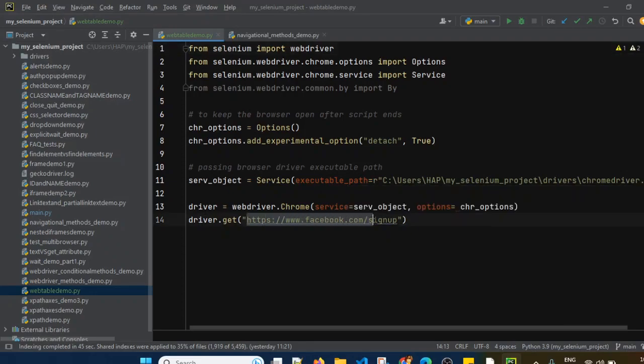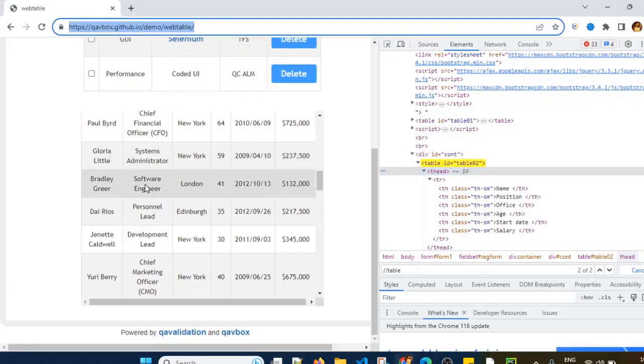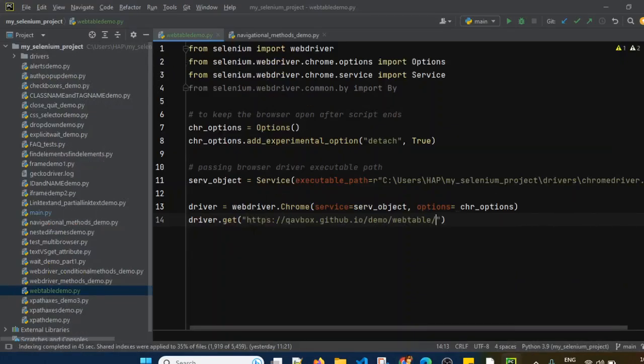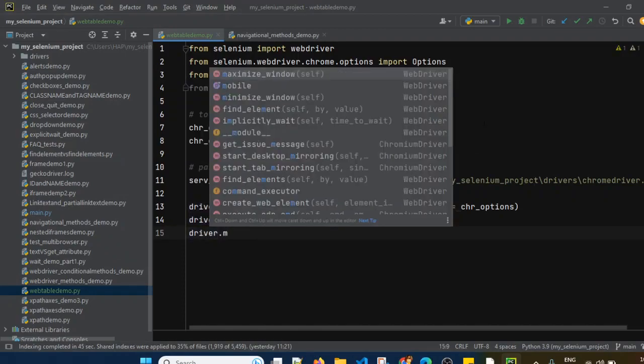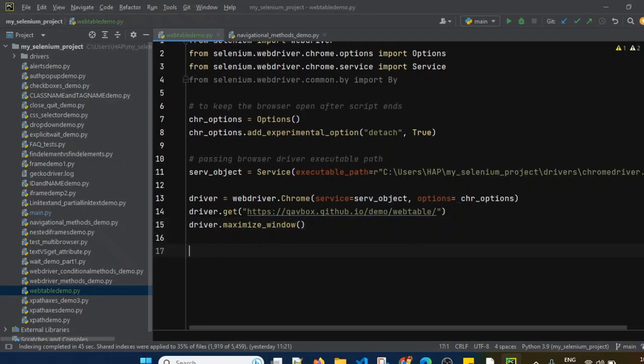And then I am going to open this URL. So let's take this URL which includes the web table. We are going to focus on this second web table. So I am just minimizing it and let's paste it here. It will launch the web browser and open the web page. Now after opening, we will just maximize the window, so I am using the command driver.maximize_window. Now let's see the scenarios one by one. Now the first scenario is